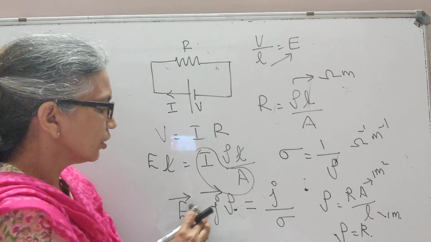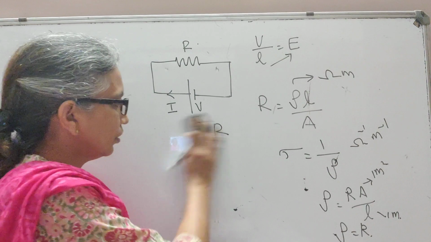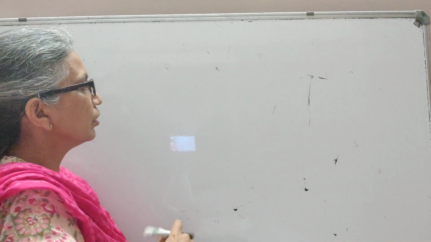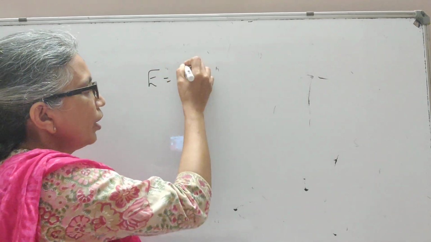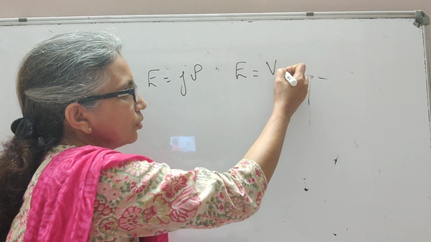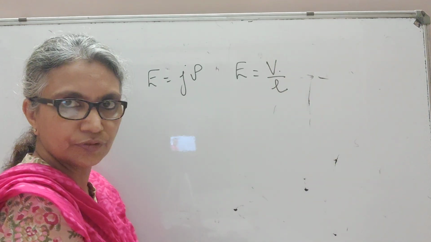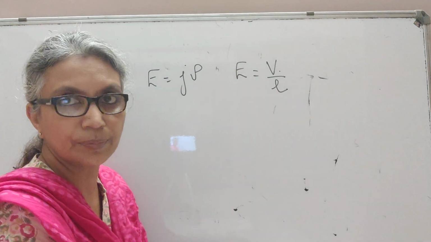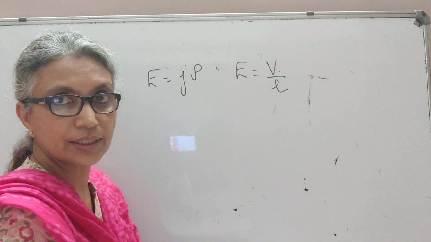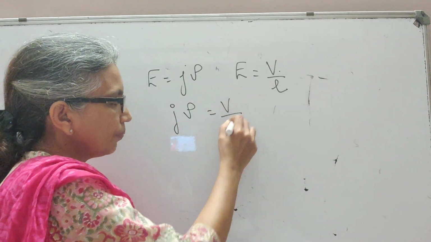You may also be asked to derive Ohm's law from this equation, which is again simple. We have the equation E equal to J rho. We also know E equal to V by L, from E equal to dV by dx. Across the conductor, the potential difference is V and the length of the conductor is L. So since both the left hand sides are the same, I may write J rho equal to V by L,